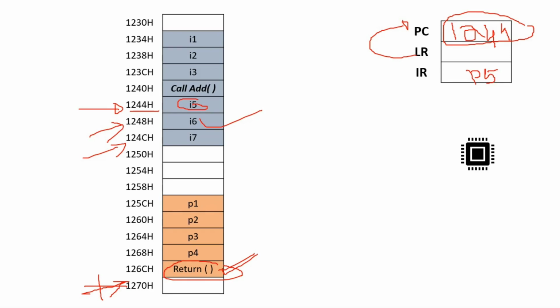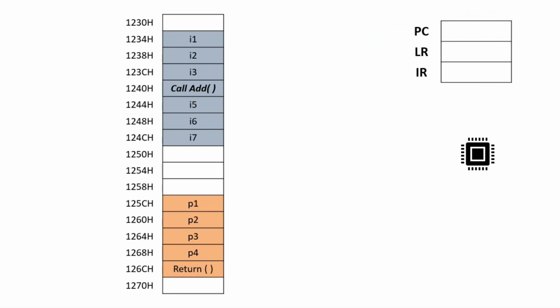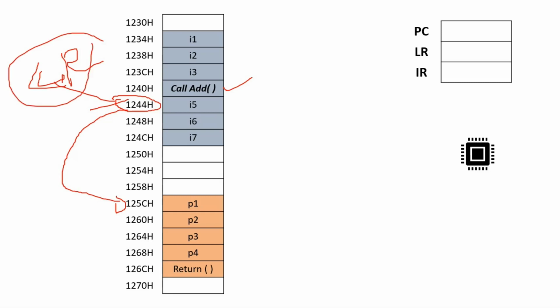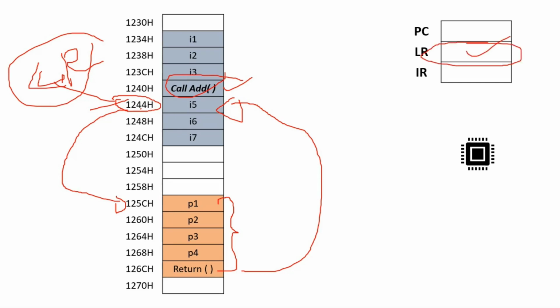So how exactly does the link register play its role during execution of a subroutine? Whenever a function call is being executed, PC will be pointing to the next address, but PC is updated to the subroutine where it is stored in memory, and before updating, the previous value of the program counter is copied to the link register, so that when execution of the subroutine is completed, we can come back to the next instruction after the function call. So using the link register, we can come back to the main program after executing a subroutine.